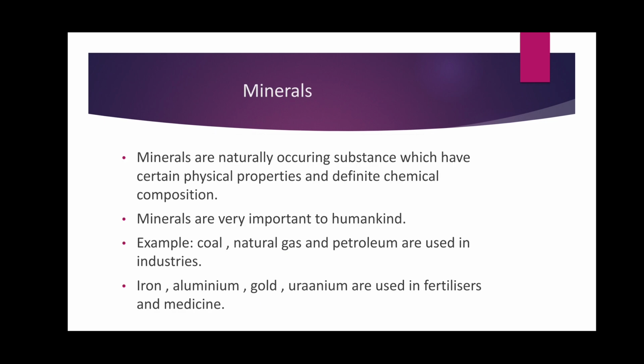Now students, let's see the last part of the chapter, minerals. We studied that rocks are any natural mass of mineral matter that makes up the Earth's crust. Now what are these minerals exactly? Let's see. Minerals are naturally occurring substances which have certain physical properties and a definite chemical composition. Students, you must have studied in science different types of minerals along with their physical properties and definite chemical composition. Here you can remember any one of them.